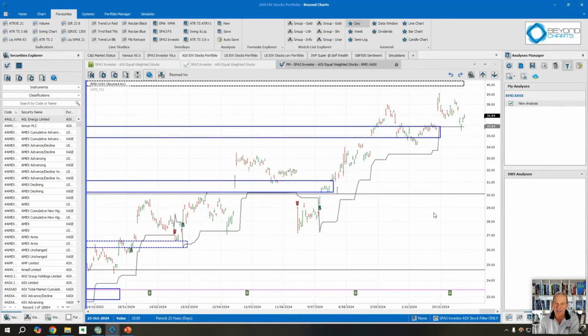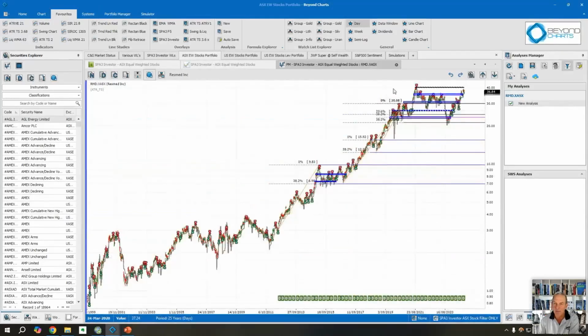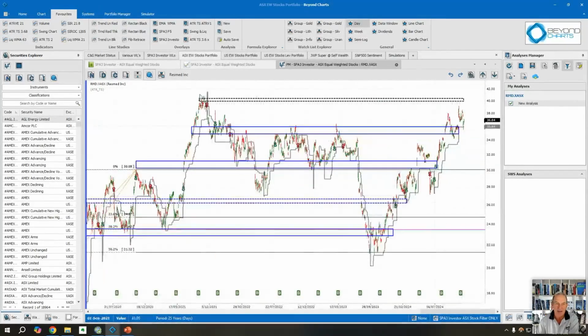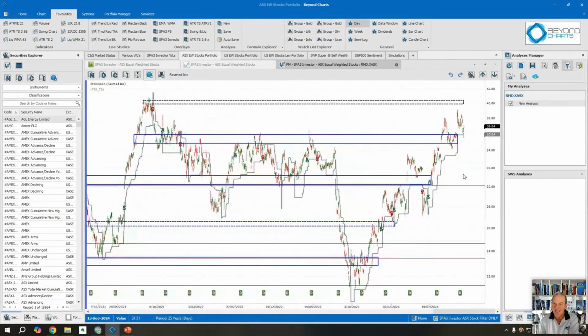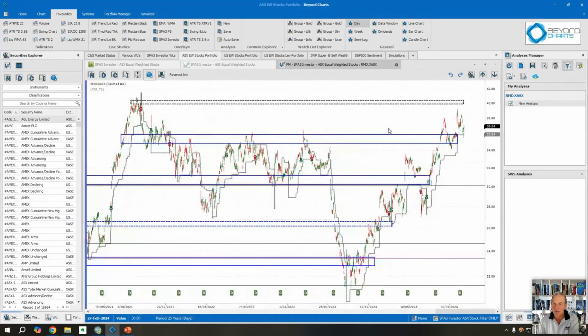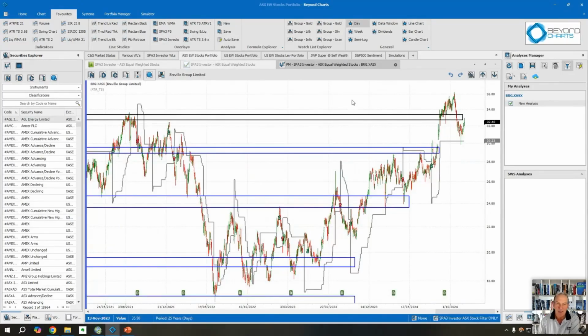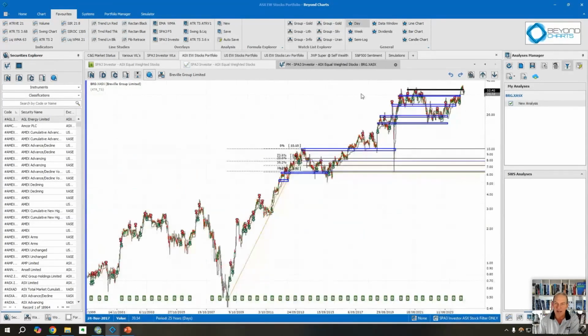Next is ResMed. Similar thing, ResMed approaching a new all-time high. Is this going to be like Aristocrat, where you have the signal started about mid-range? There's the sideways range, mid-range. Will it break out and accelerate like Aristocrat has? We'll wait and see. This is Breville Group. There's its all-time high over here as well.